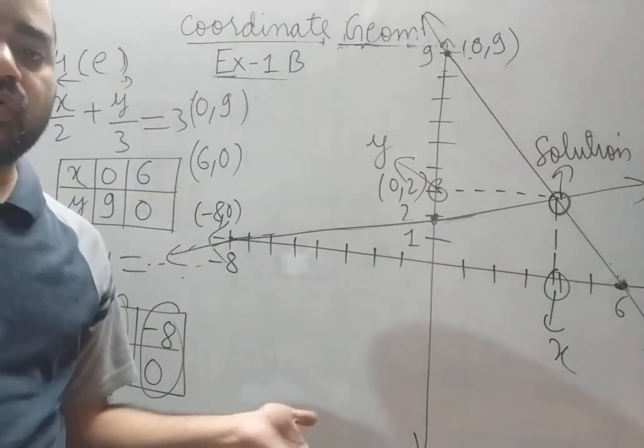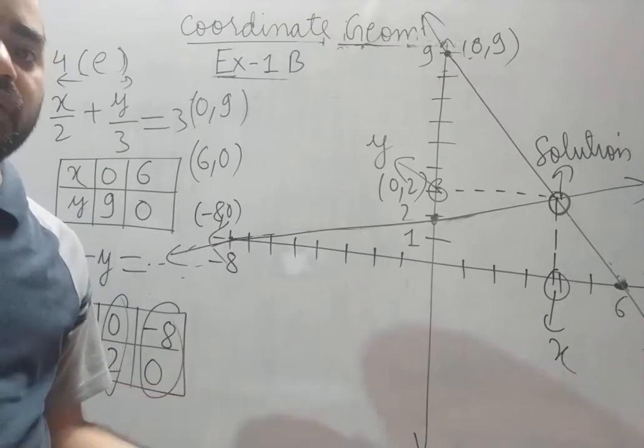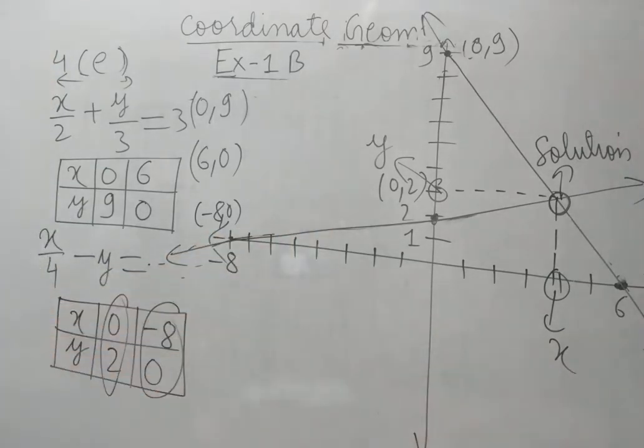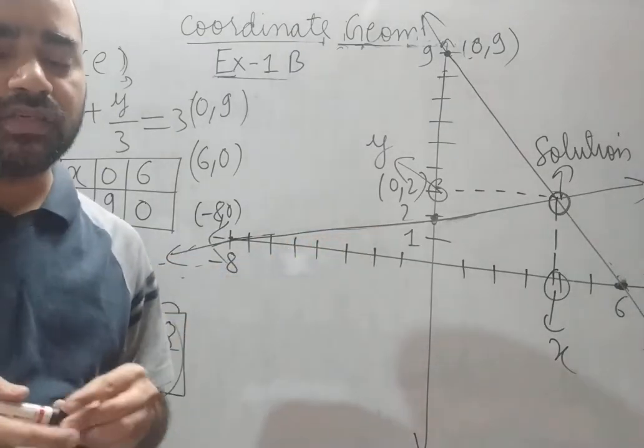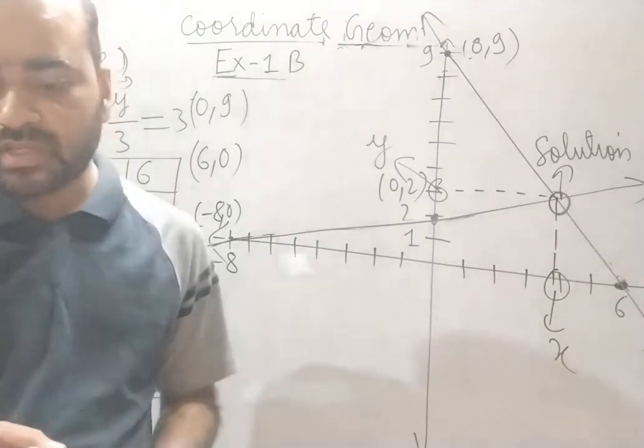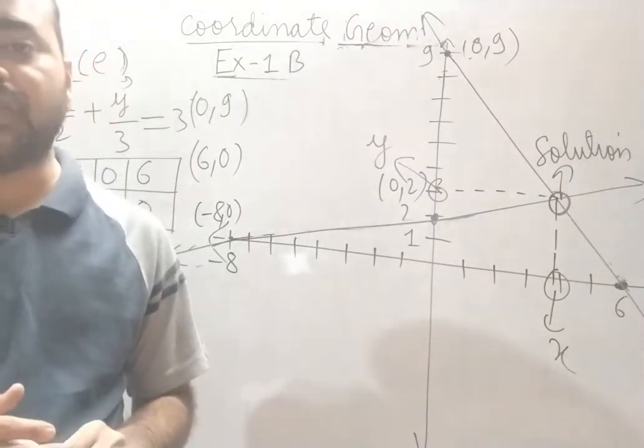Clear? I am not doing the exact value, only I am explaining the method. Correct? Maybe the lines are not straight, but I am explaining the method. When you plot on the graph sheet, the answer will come. Clear? So next we will be dealing with the 5b part.